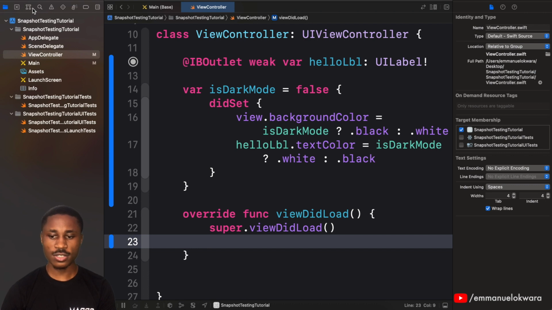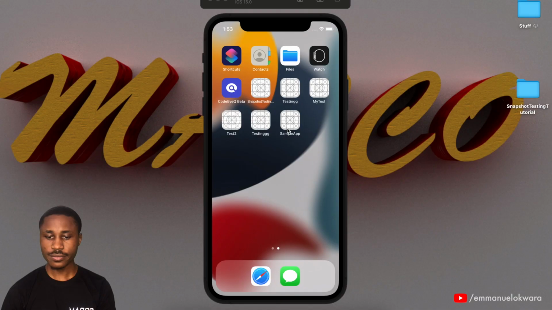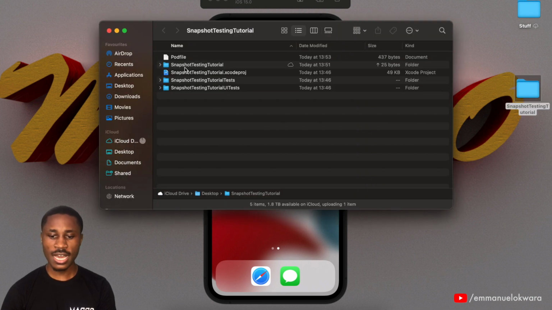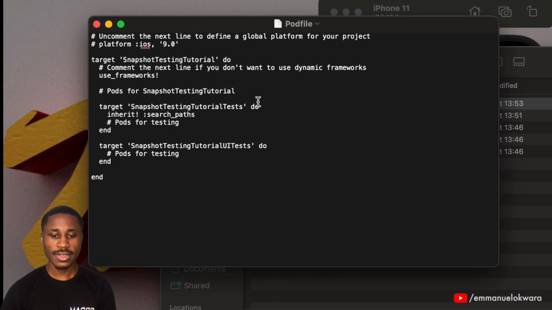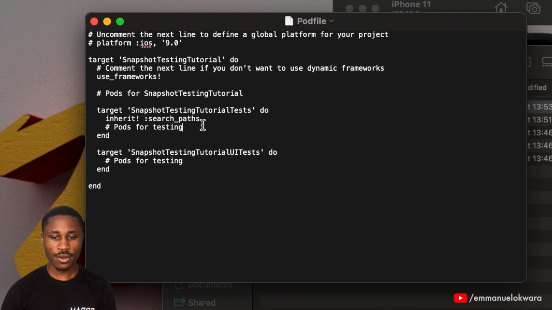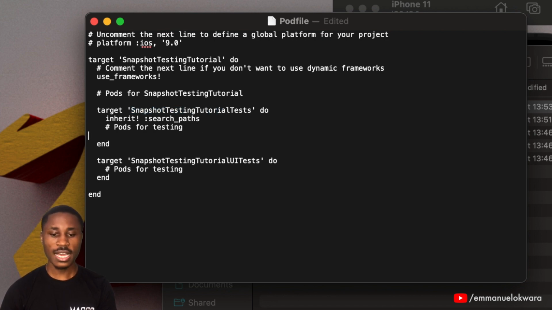So we're just going to go ahead and close this because we're not going to need this any longer. So close that out, and this is our project, Snapshot Testing. So now we have our pod file over here. We also have a new, okay, we don't have it yet because we haven't run pod install. So what we're going to do is open up the pod file right here, and then in our snapshot testing tutorials test target right here, we're going to add a new pod,